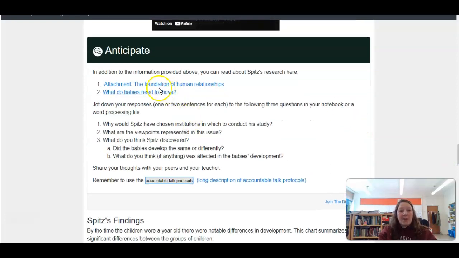Another thing that I have included are 2 websites that you can actually access as well about Spitz's research and sort of where it went. So there's some extra information there. So using the text, using the video, and then possible websites and your own research, you're going to answer these questions and post them in the discussion. And that is the work